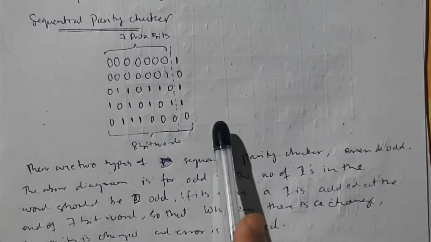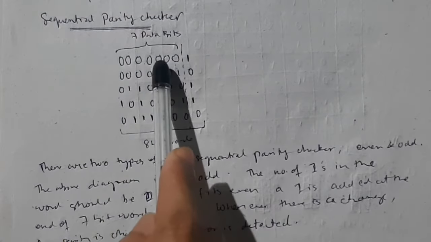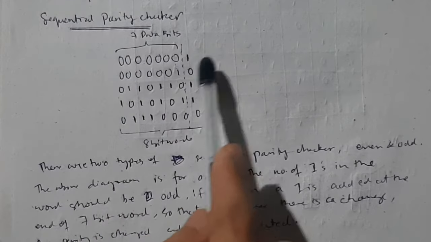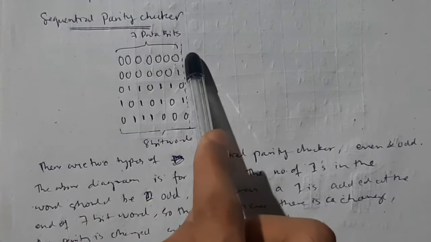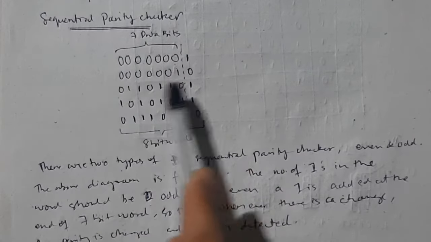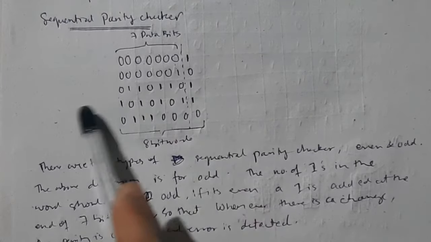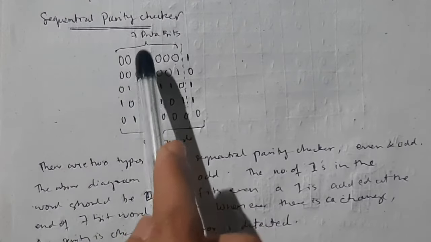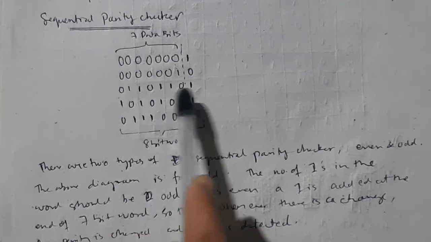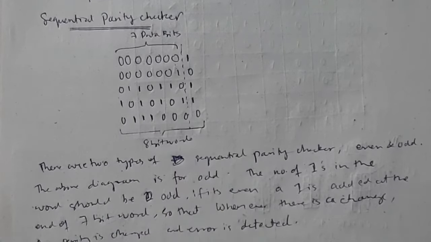There are a total of 8 bits. Considering the first 7 bits, if there are no ones or the number of ones is even, here it will be 0, but here no one is there, so 1 will come here. See, in each row the number of ones is odd. If it is even in the first 7 bits, another 1 will be added, so it becomes odd. That is a sequential parity checker. It is done so that if any error happens, 1 becomes 0, that will be reflected here and the changes will be noticed. That's for security purposes.